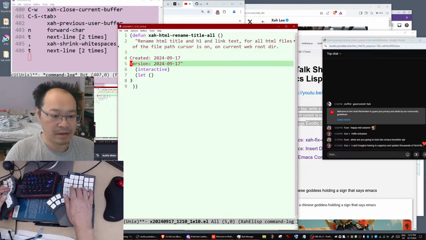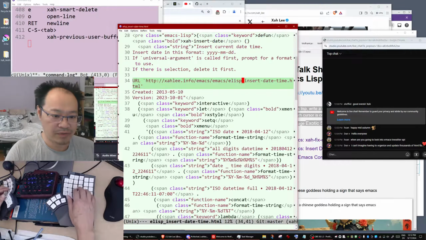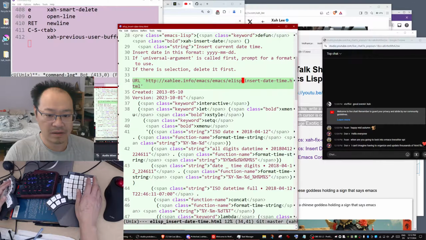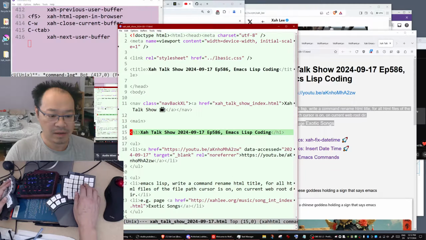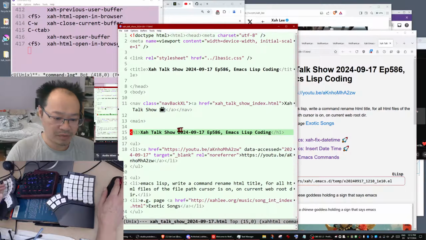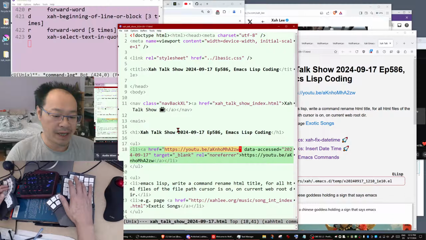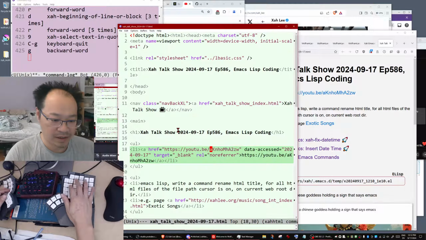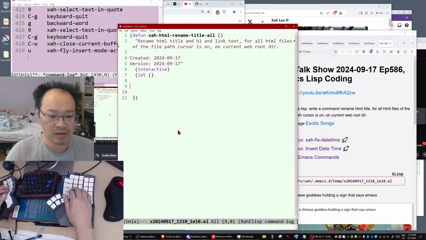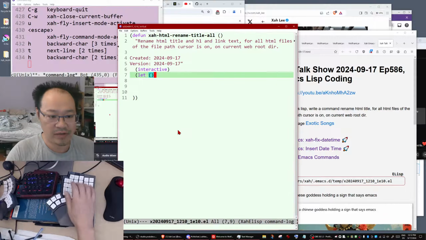Okay, that's the task. So first of all, you need to, so given, so what is this? Showing browser. Okay, we don't care about that. Close that. The first thing we need to do when we want to rename is to get the file path, you know, which file it refers to exactly. So how do you get the file path? The beginning and end positions of the file path.